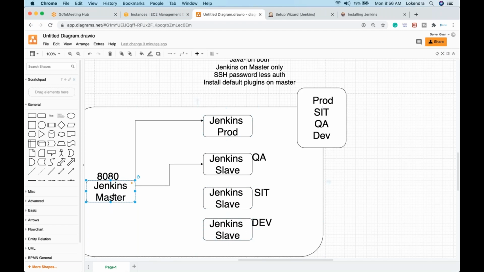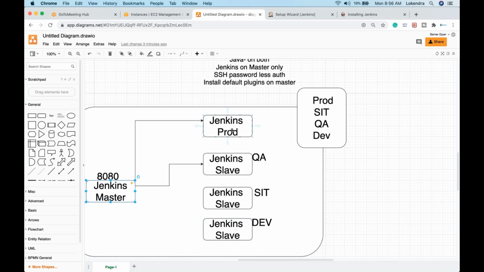This Jenkins master will send an instruction onto these servers, and maybe the particular artifact, the particular code build, and each and every component, whatever you perform, will be triggered only on top of these slave machines. In fact, if you need to collect anything, all the artifacts will be available here. Maybe you are going to build a Maven or Java project, or maybe a Golang project, whatever you are going to build.